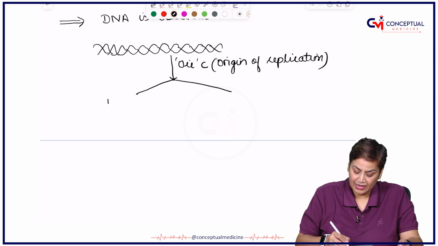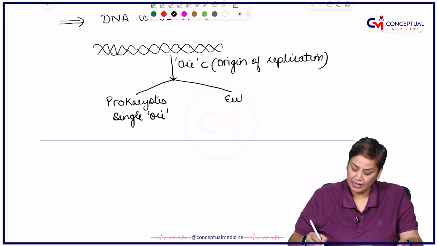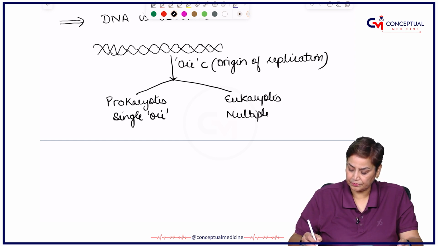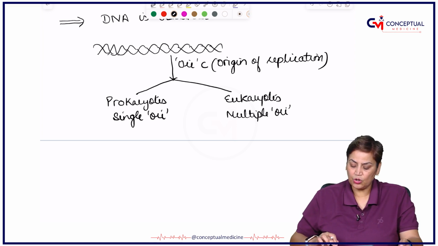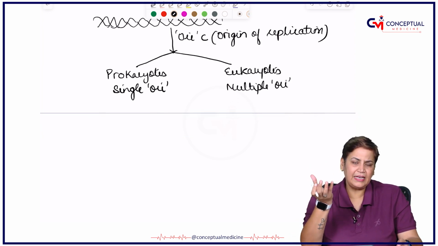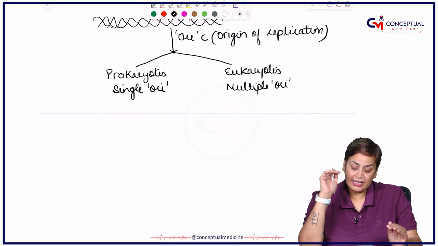So prokaryotes will have a single origin of replication, single ori, whereas eukaryotes will have multiple origins of replication. Very important, right? So now the question is, when the origin of replication is selected, then different enzymes will come,